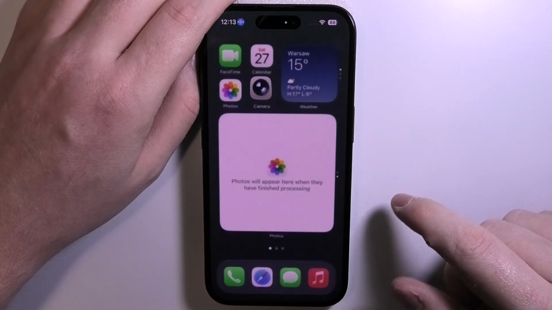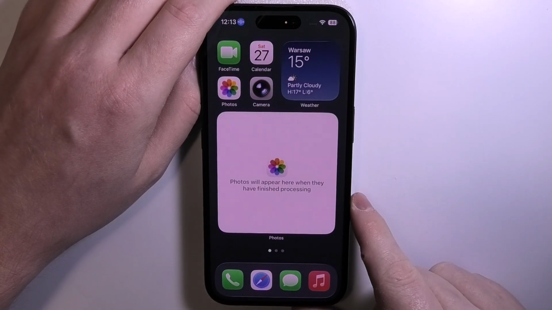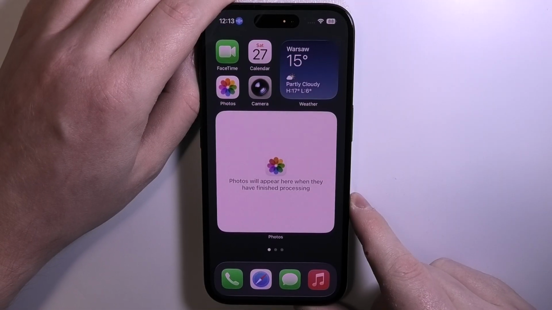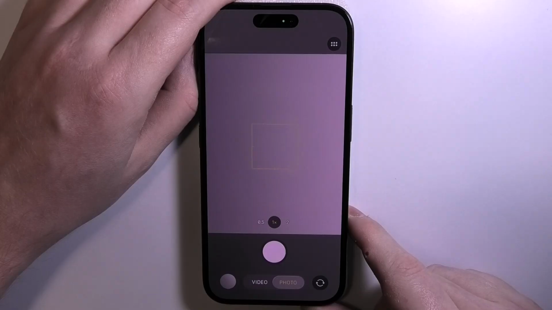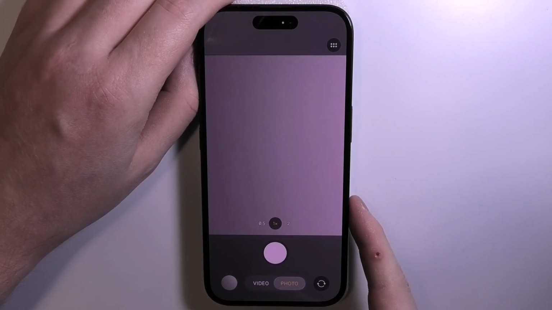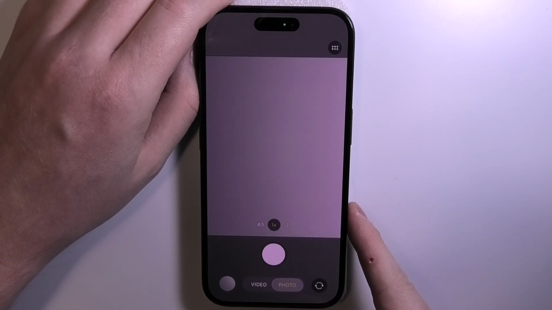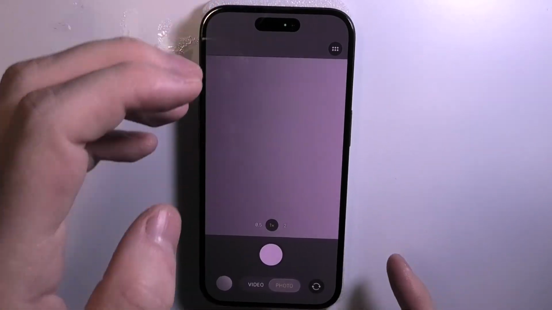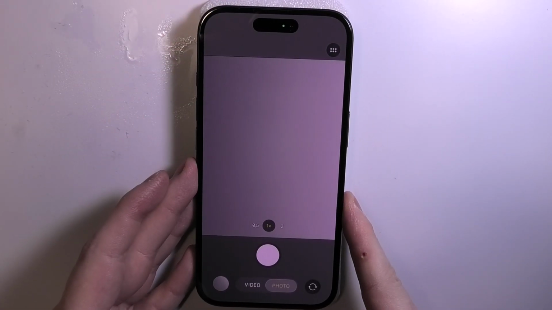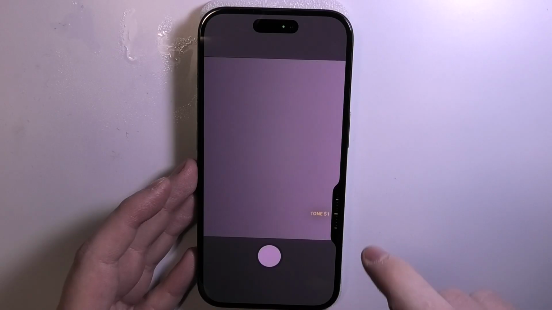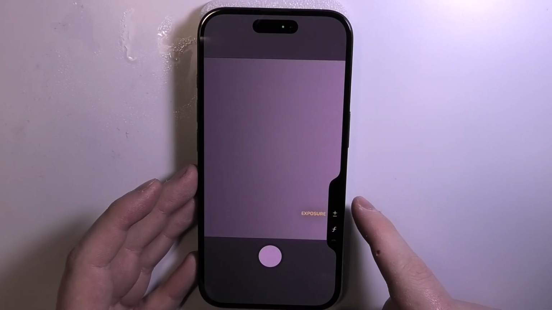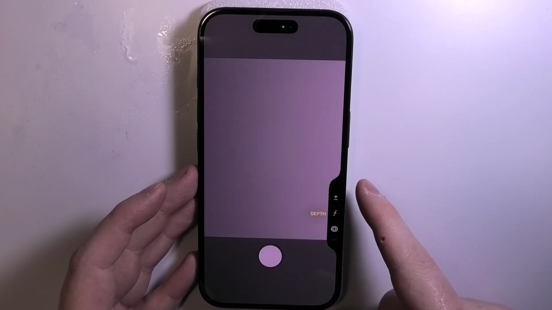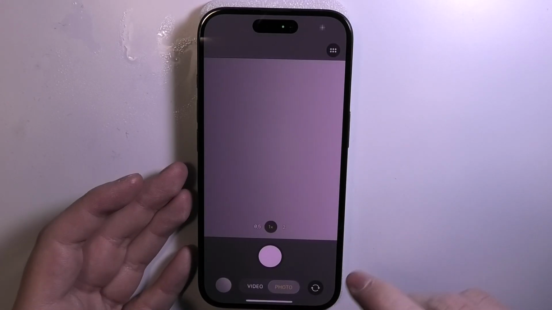Now let me show you how to use this camera button. So all you have to do, depending on which settings you've picked, is click on that button twice to open it. Then you can click and hold this button with your finger. Sorry, it's a bit tricky when the phone is laying like that. That way you'll be able to see this menu right here, which allows you to adjust many different settings by just swiping like that. It's much easier. So that is